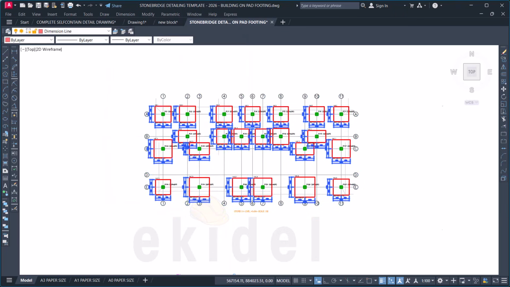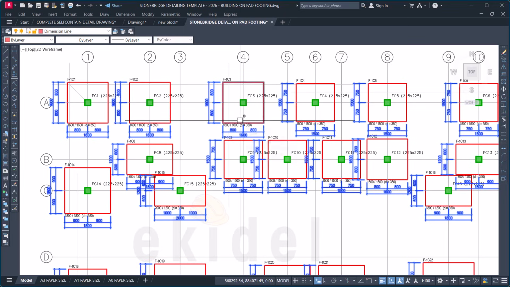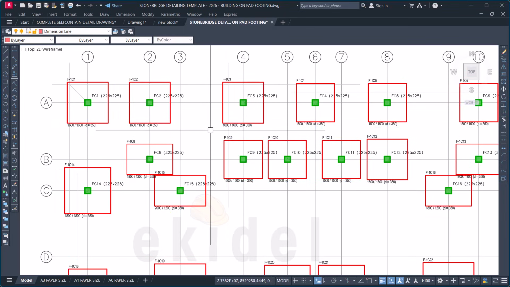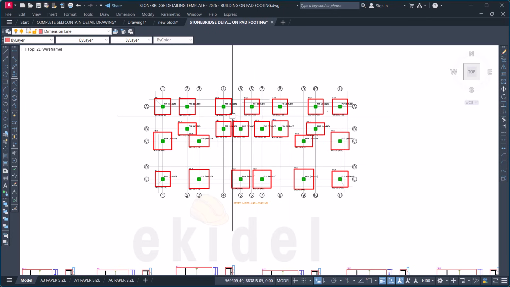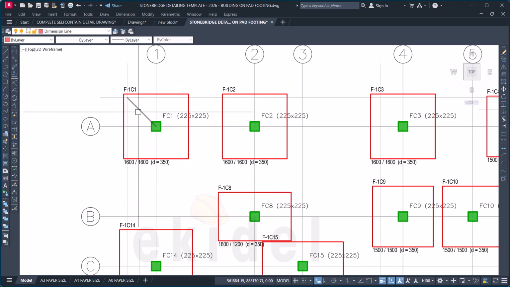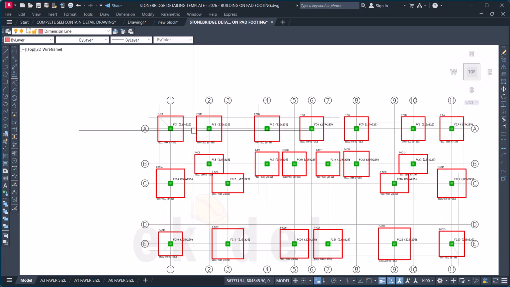OK. It will select all the dimension lines, and I'll click on what? E, enter. E means to erase. Now you can see that we have cleaned this up. Then I have some grid lines that are not necessary here, but before then,